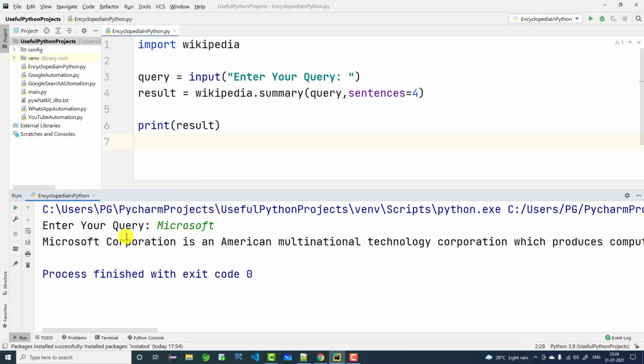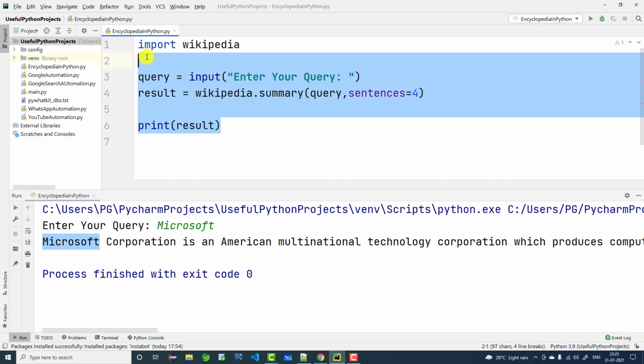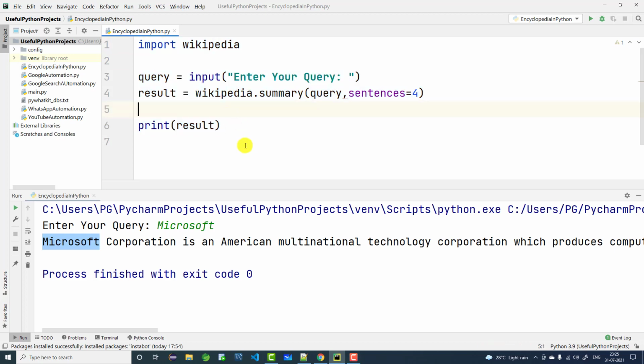With this detail we can do a lot of things, like fetching more information as per our requirement, putting it into a Word document or Google Doc. We can convert it into audio using Python libraries, create an audio book and place it somewhere. So this is a very basic program to search a query on Wikipedia and get the result.